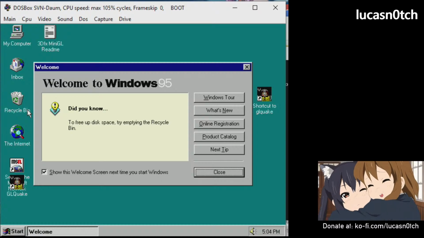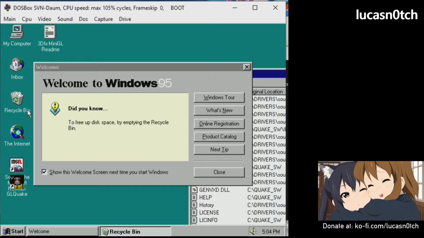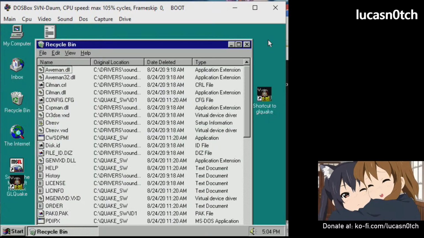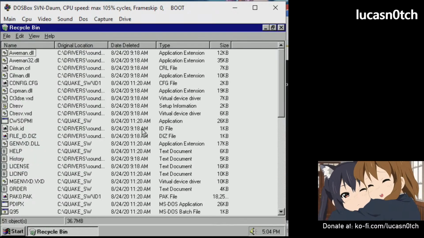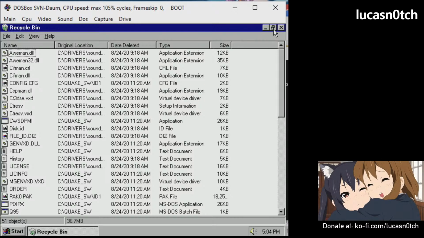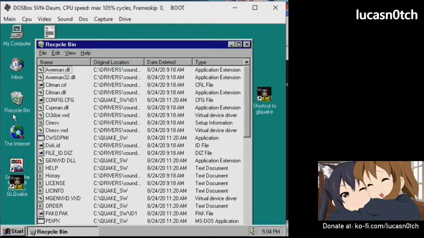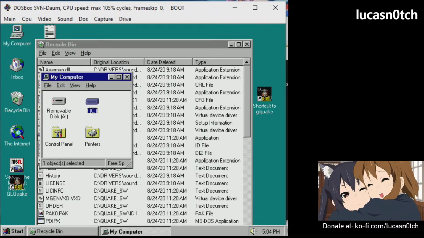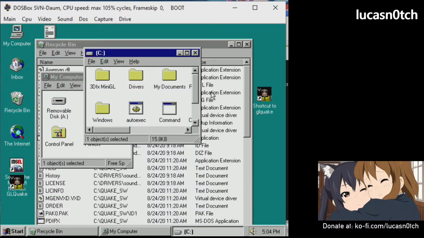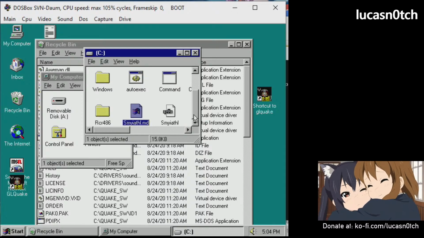Now they say to free up disk space, try emptying the Recycle Bin. The Recycle Bin is a new program in Windows 95 where you could keep files that you don't use. But if you mistakenly copied a file in DOS incorrectly, like for example, this MIDI file here, all you have to do is